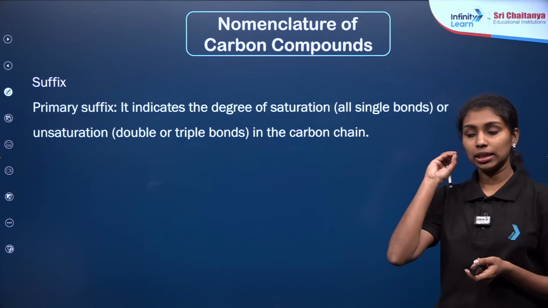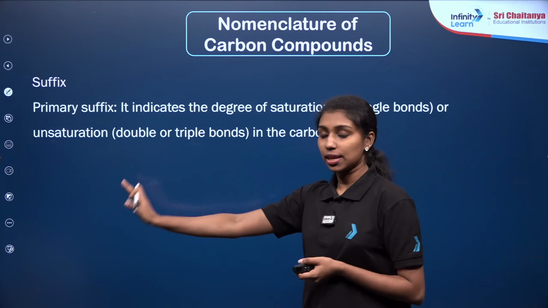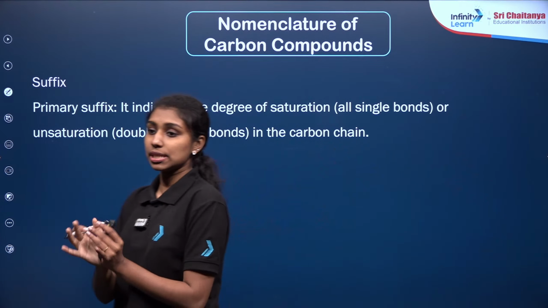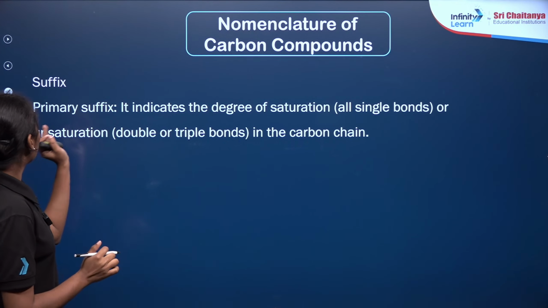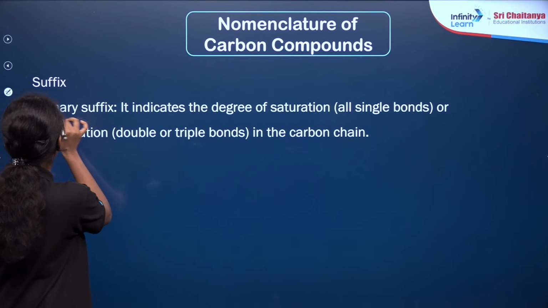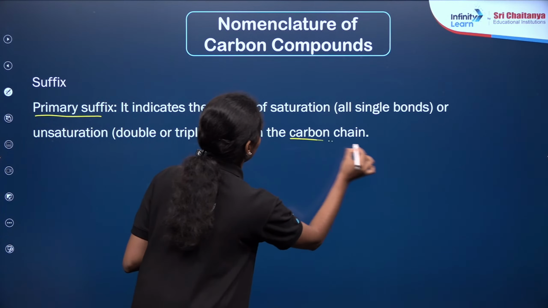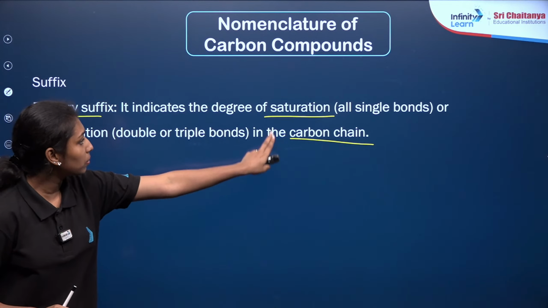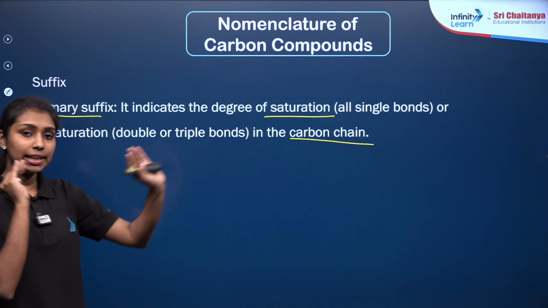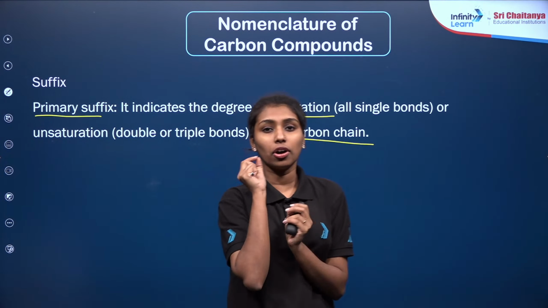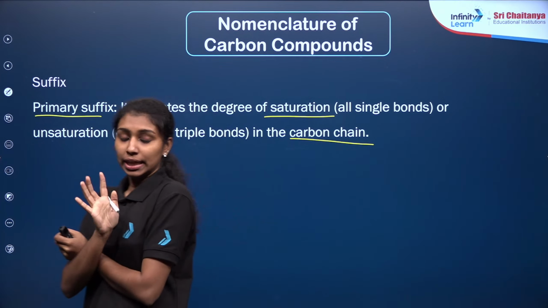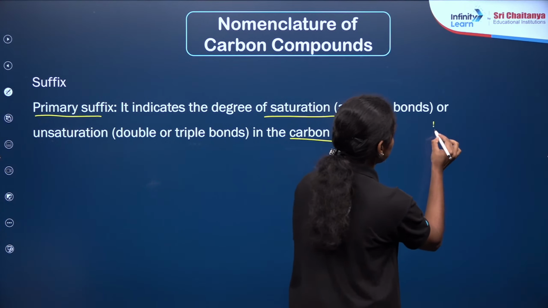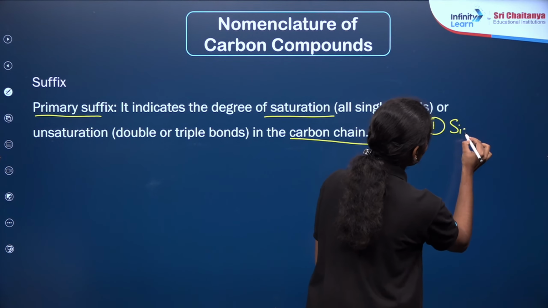Now, the next step is about the suffix. Suffix means after the root word we are adding some terms. That is our suffix, depending upon the bonds, I think. So here we need to focus on 2 types of degree of saturation. In the case of carbon compounds or organic compounds, we can divide these carbon compounds into two or three types, right? If the compound is having only single bonds,